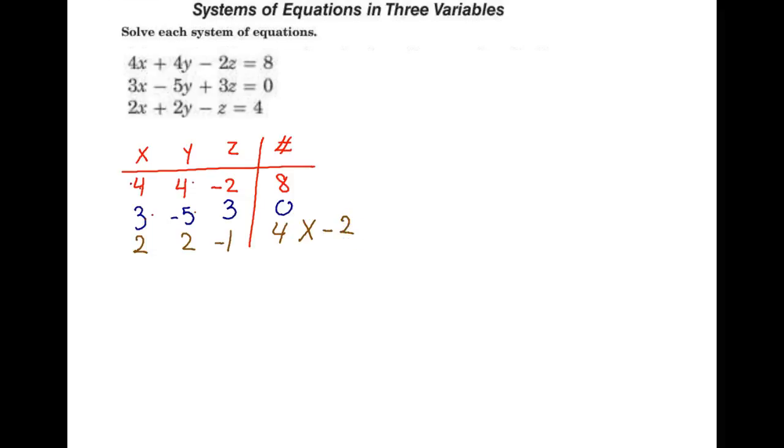So I'll have negative 4, negative 4, 2, and negative 8. So let's add the first and third equation. So we're going to get 4 minus 4 is a 0. 4 minus 4 is another 0. Negative 2 plus 2 is a 0